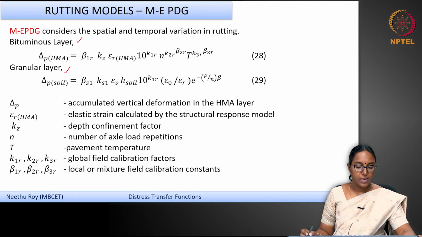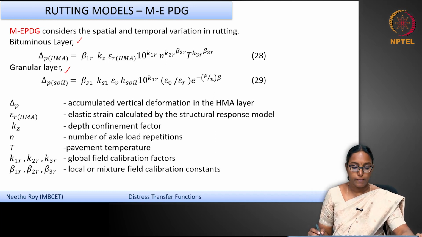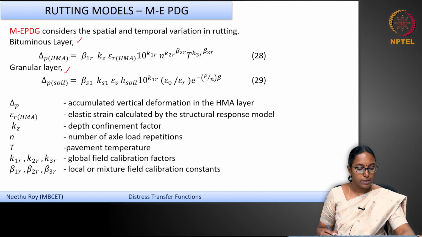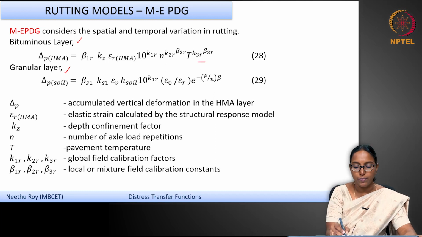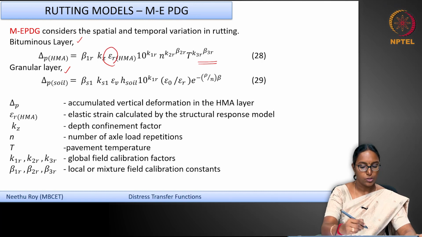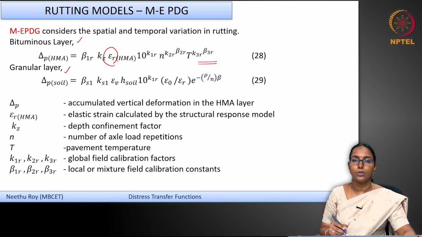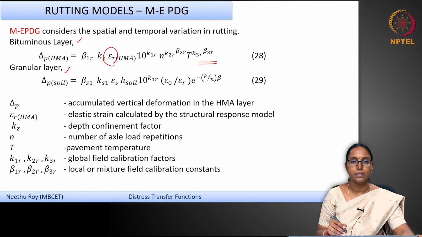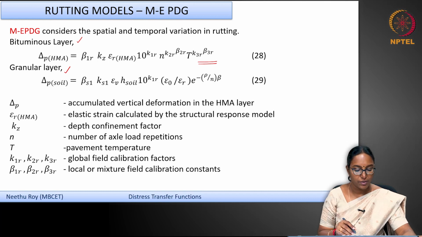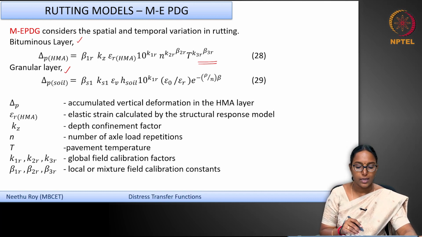Delta P is the accumulated vertical deformation in the HMA layer, that layer alone, represented by this expression which has parameters such as epsilon r HMA, which is the elastic strain calculated by the structural response model. So, you do a structural analysis or the layered elastic analysis, and you can represent the elastic strain in that